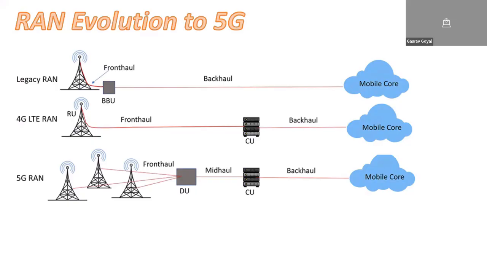Prior to 4G LTE, the RAN transport consisted of 2 segments. One is fronthaul and one is backhaul. The fronthaul typically used coaxial cable to connect the remote radio head mounted near the mobile antenna to the baseband unit at the base of the tower. The backhaul usually is a microwave link or a fiber connecting the BBU to the mobile core network. But as the industry migrated to 4G networks to meet the higher bandwidth demand and to cater to the increasing mobile